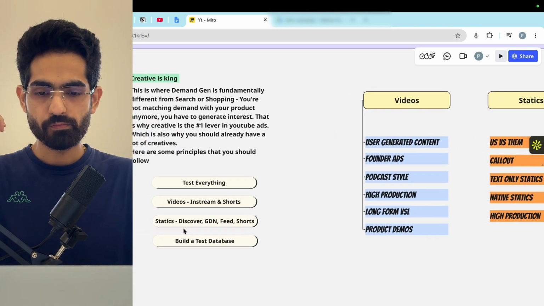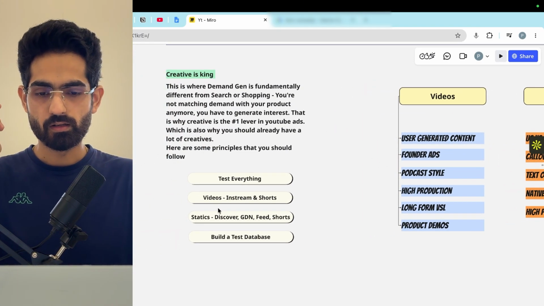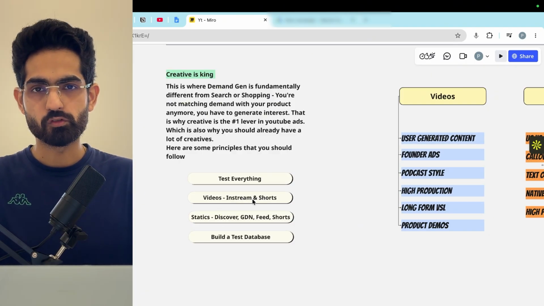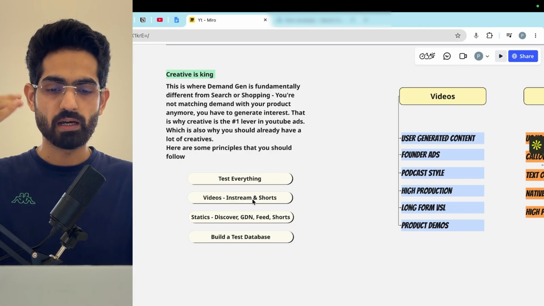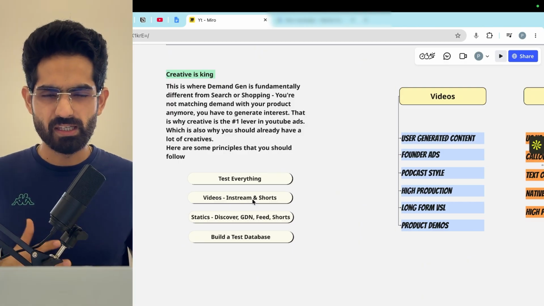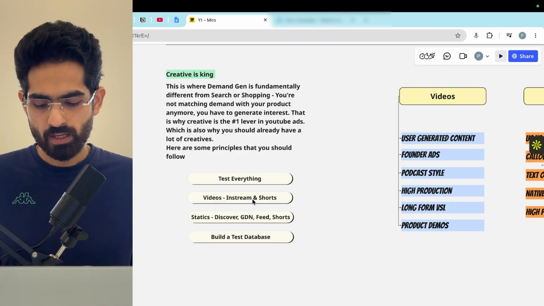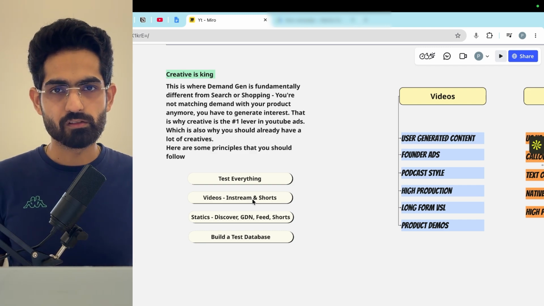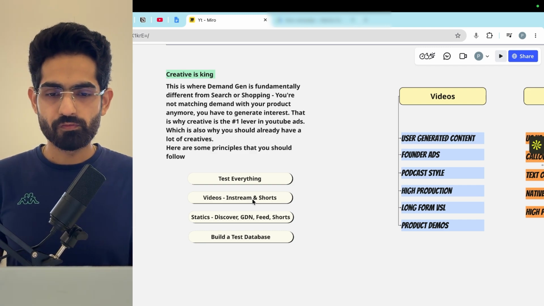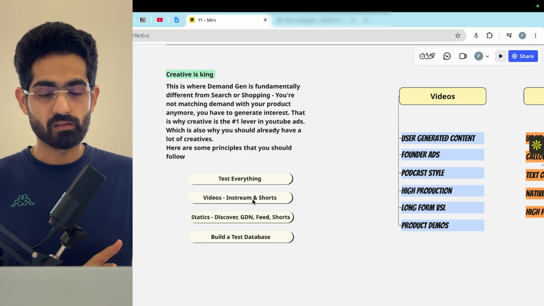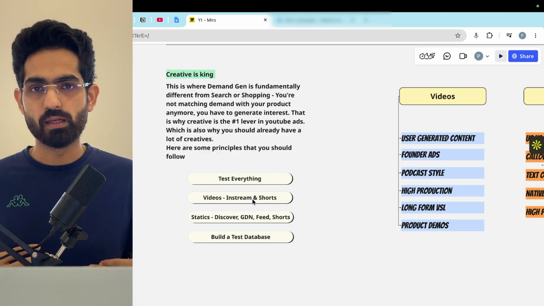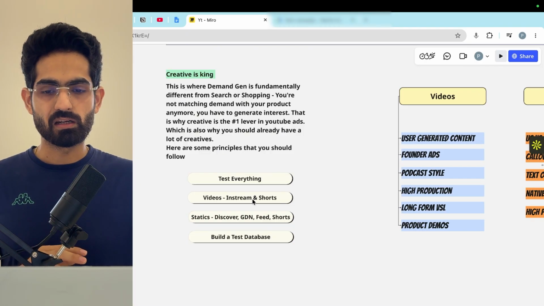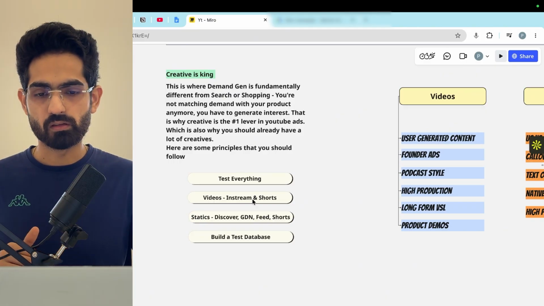Second principle is that if you're running video ads, you should run them on in-stream and Shorts. Generally, in-stream outperforms Shorts, but you should still start out with testing. If the performance is roughly equal, you can keep running the ads on both. If one of them is performing way better, then you can just keep running those ads on that particular network. But if a particular ad is more than 60 seconds long, you should only run it on in-stream, because on Shorts, any ad which is longer than 60 seconds gets looped after 60 seconds, so it will cut off after